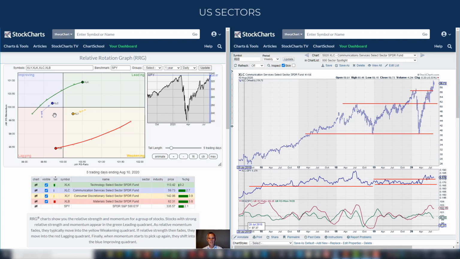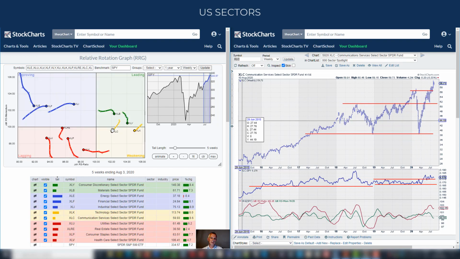So this daily needs to continue towards leading, and if that happens and relative strength here stays above its resistance, now support, if that price rally holds up, then I'm going to assume that this tail here will curl up relatively soon and go back into the leading quadrant, and communication services will be one of the leading sectors again. Just like technology, which is measured on the RS ratio scale, still the strongest sector in the universe, despite that